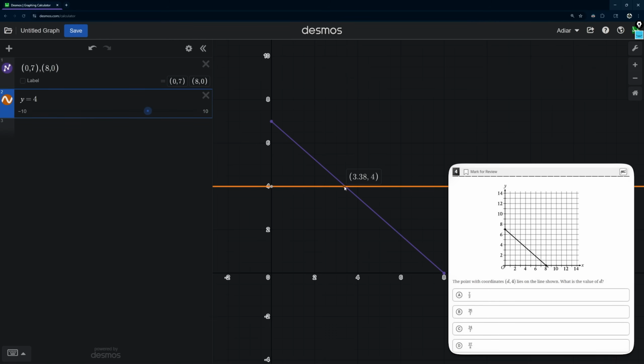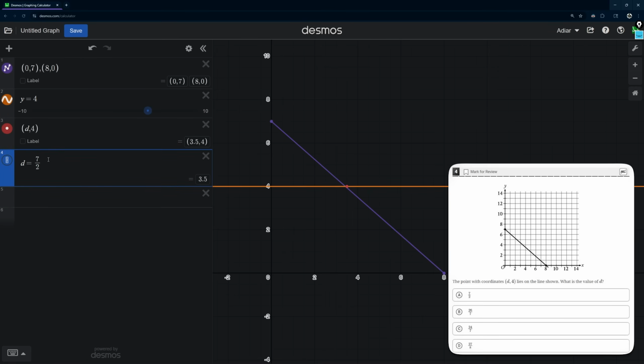And it looks like the x value does not intersect. It would intersect if we made this an actual graph line. But it looks like all the answer choices are going to be fractions. So what you can do to make this work, of course, this only works because it's multiple choice, is we can just go d, 4, and then we add a slider for d, and we just test the possible answer choices. So A is